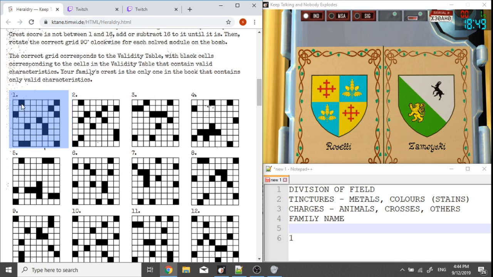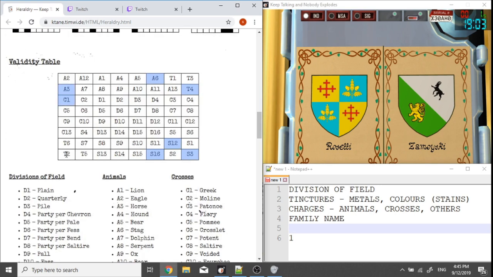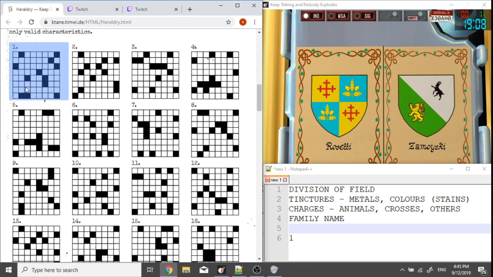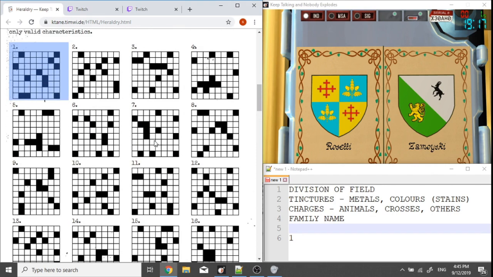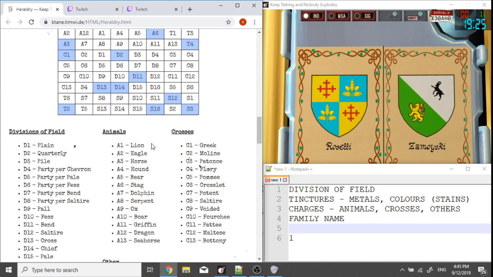Alrighty. So I'm looking at 1 and I want to rotate it 90 degrees. So, let's see, that looks like this. So that's there. This is rotated, so it's down. Let me see, am I happy with that rotation? Yep. So, what we have is valid is quarterly, bend,